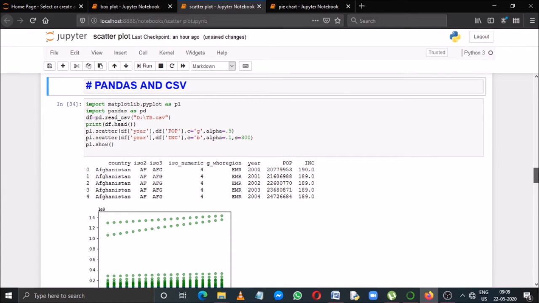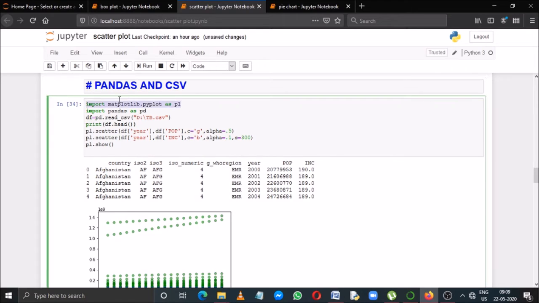Now my next example is how to combine the pandas data frame and CSV file with a scatter chart. See, initially I have imported matplotlib.pyplot as plt and then pandas as pd. Now I have a CSV file in my computer. It's present in the D drive. Its name is tb.csv.